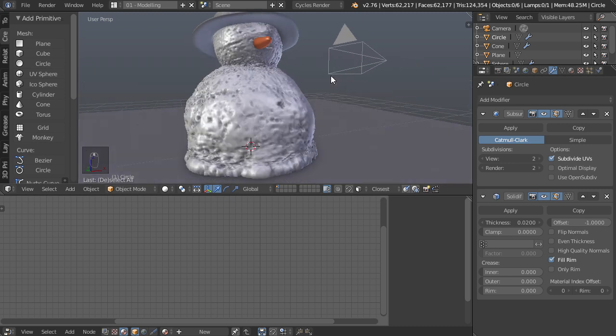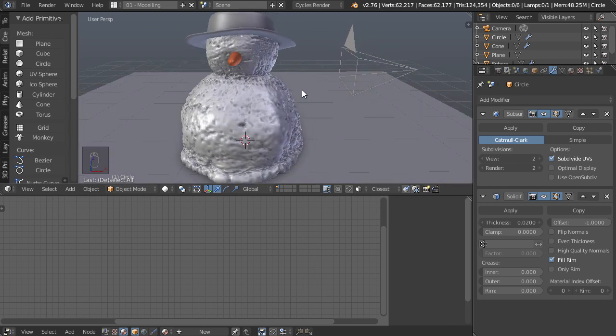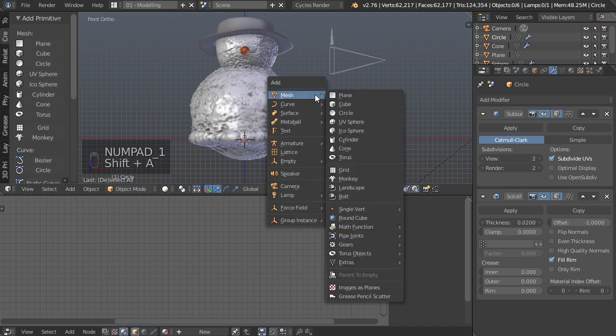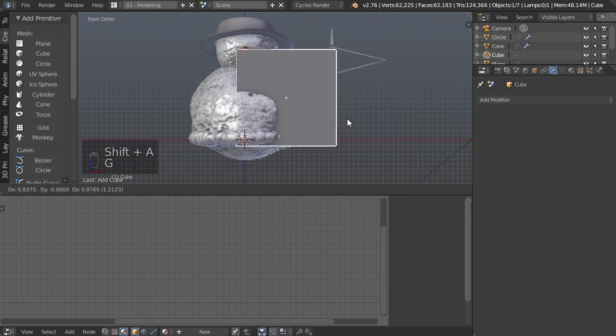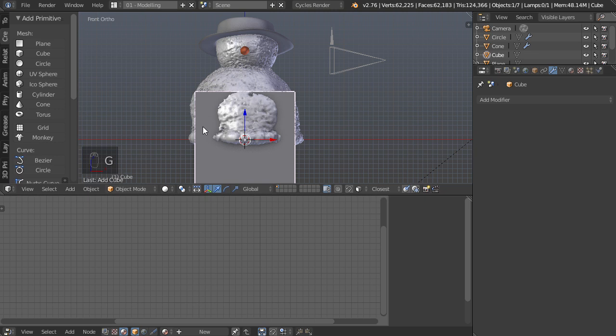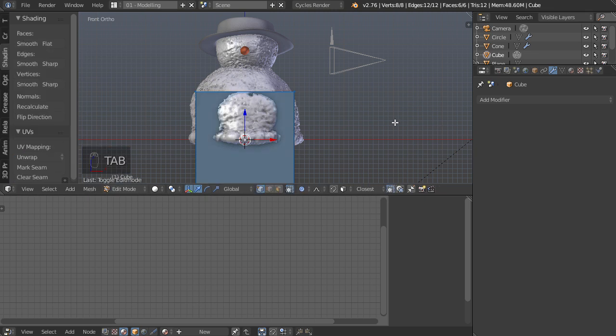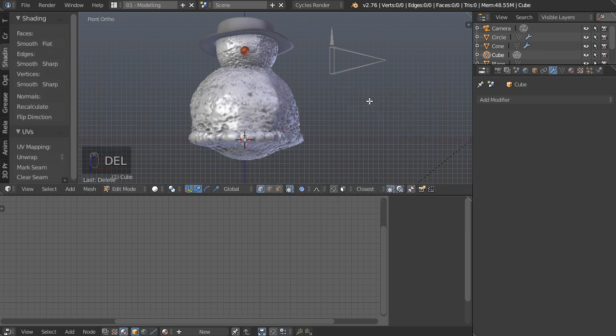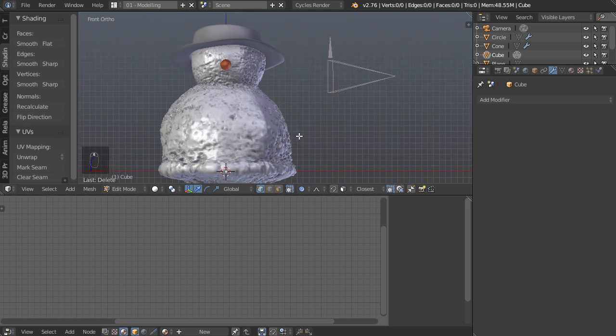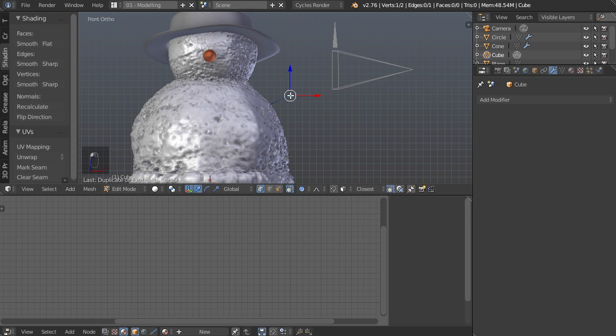So let's add the sticks for the arms. I'm going to add a cube to make his arms. I'm going to tab into edit mode, and then I'm actually going to delete all of the vertices right off the bat. Because what I can now do is control click and place a vertex anywhere I want. And so I'm going to control click and just sort of place vertices like that, and then delete them if I need to. Now I can select one of these, maybe E to extrude,